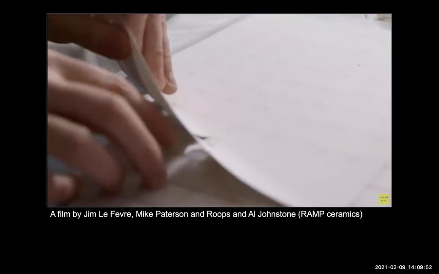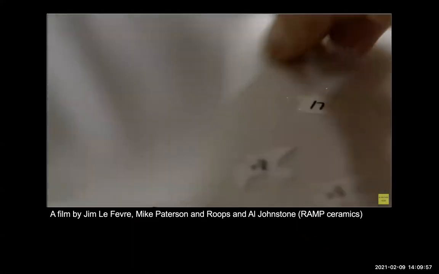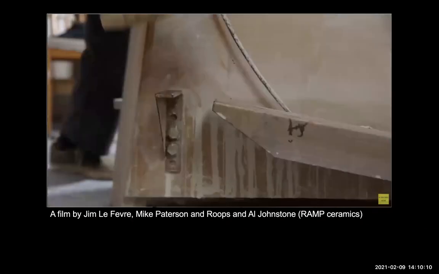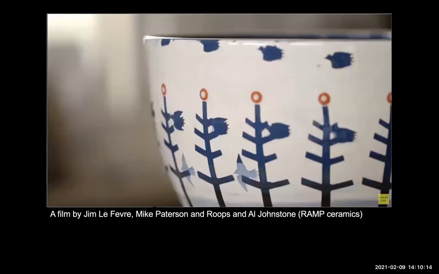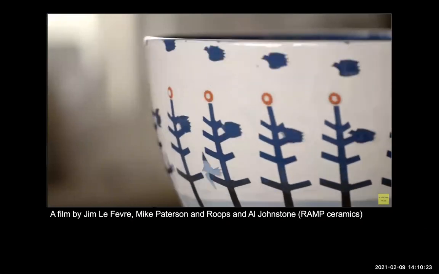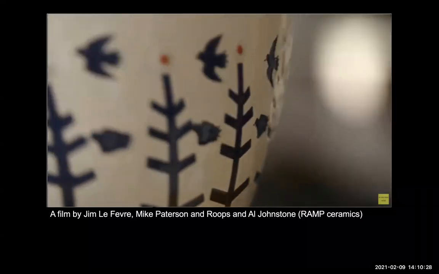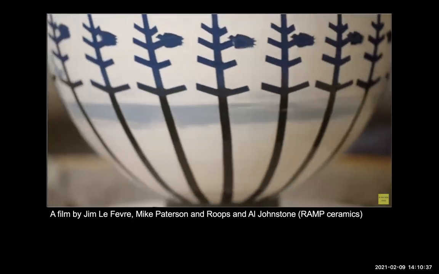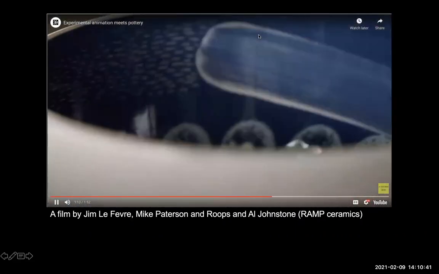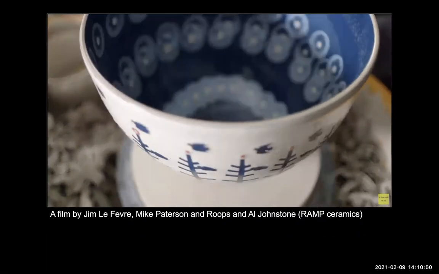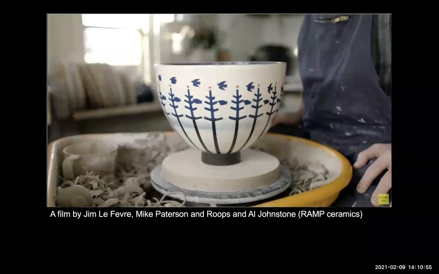For each frame, those pictures have to be the same to register static. That's good. Yeah. Great. Okay, so